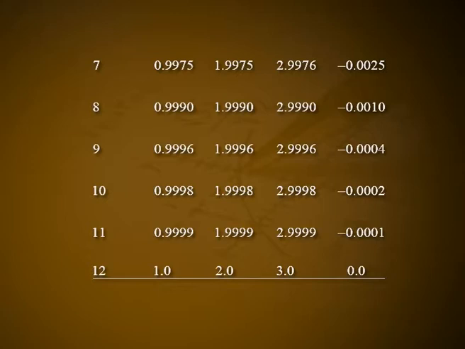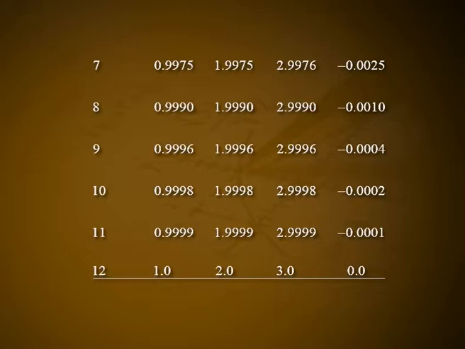0.9975, 1.9975, 2.9976 and minus 0.0025. By eighth approximation, they are 0.9990, 1.9990, 2.9990 and minus 0.0010. By ninth approximation, the values are